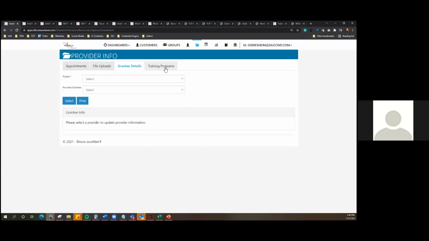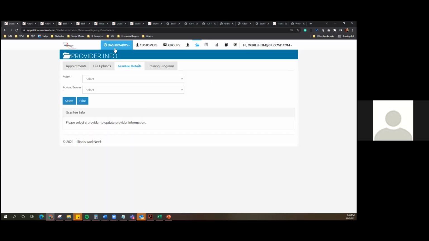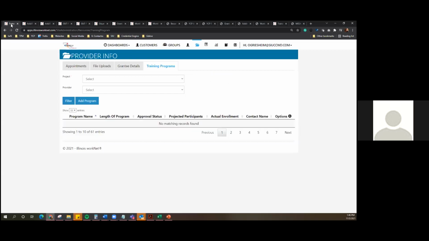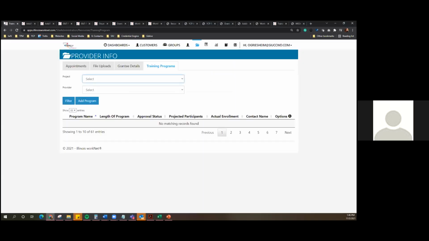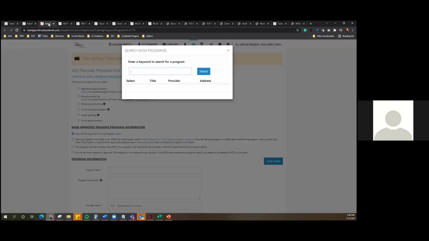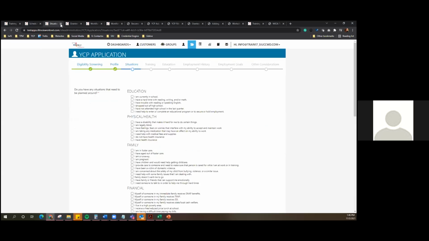And I'm not sure if you were on the other session, but the information that's used in this training program section specifically is identified as a Youth Career Pathways training program, and that would be used to populate not just the public page, so people can see what training programs are available, but also to populate the career plan or IEP. Pull it all together.